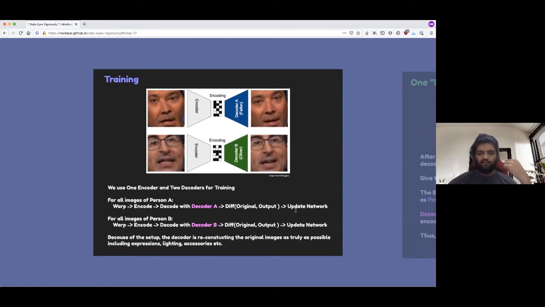So a photo of John Oliver, which has been warped, given to decoder B, will actually give you a proper image of John Oliver. Whereas if Jimmy Fallon is encoded and given to decoder A, it's going to create an image of Jimmy Fallon. We keep doing this as part of the training until you